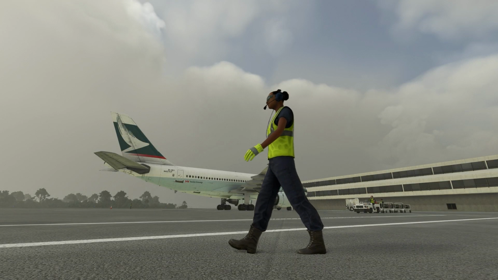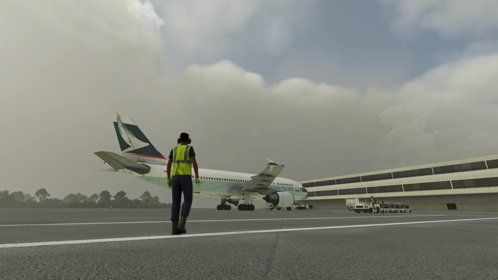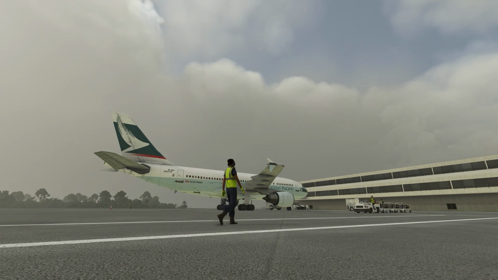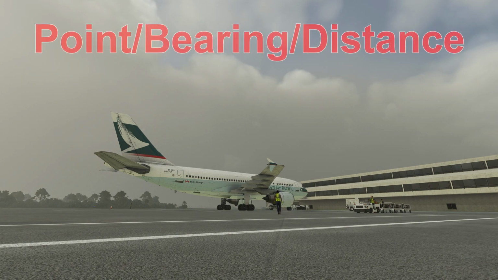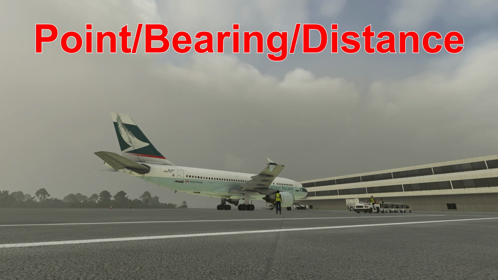Good day. This is a short video on how to enter a custom point bearing distance waypoint in an Airbus MCDU. So for those who want a quick reference on how to enter it, here it is. You enter a point. It can be a waypoint, it can be a VOR, any navaid that's in the database, followed by a /, then the bearing from that waypoint where you want your custom waypoint to be,